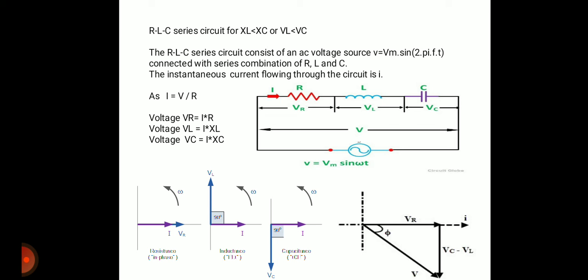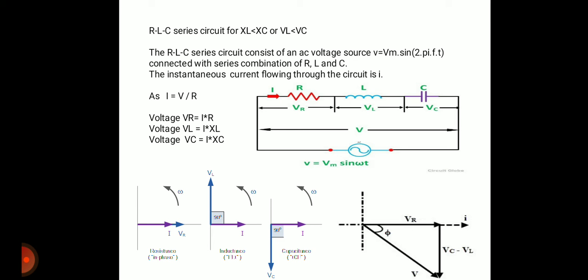Next we are going to see how to draw the phasor diagram for supply voltage V and supply current I. Before drawing the resultant phasor diagram for supply voltage V and supply current I, first we have to draw the individual phasor diagrams for resistor, inductor and capacitor. On the left-hand side there are three phasor diagrams, for resistor, inductor and capacitor, and the rightmost is the phasor diagram for voltage and current.